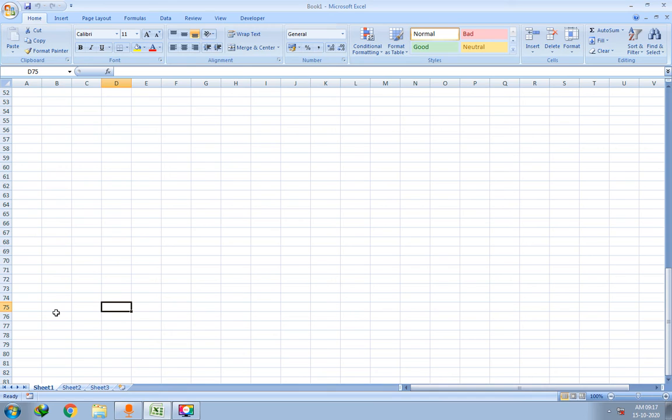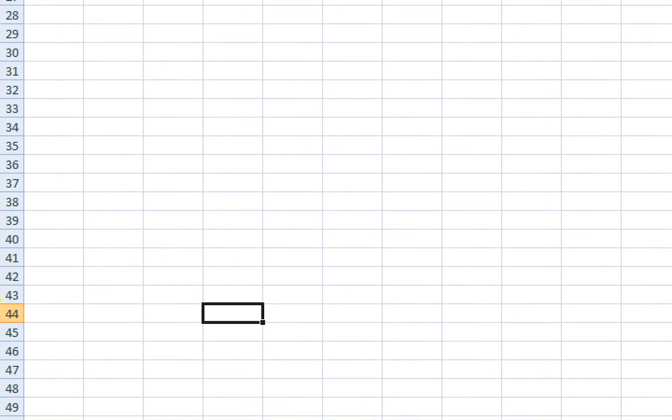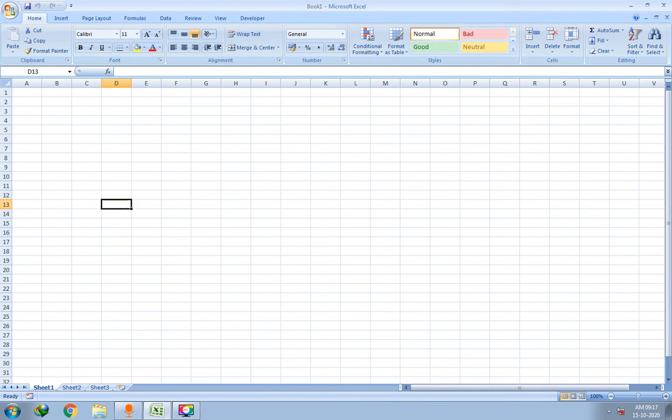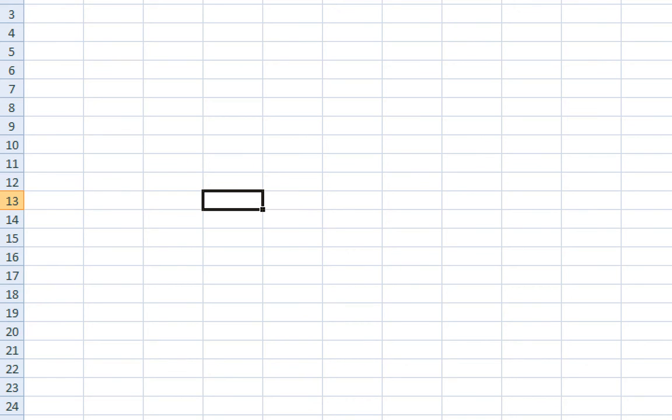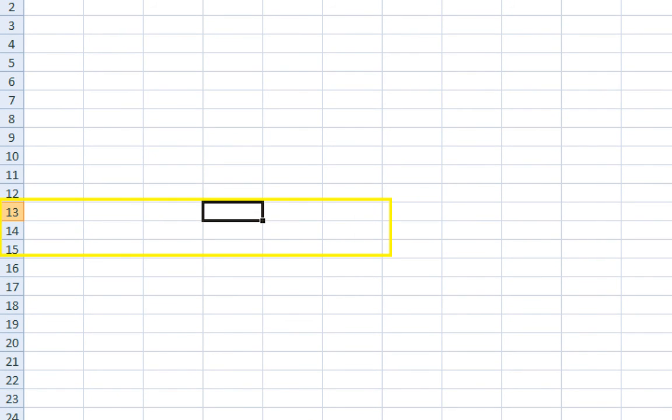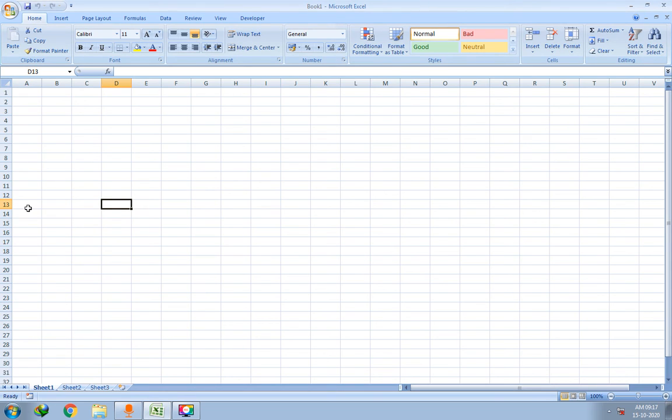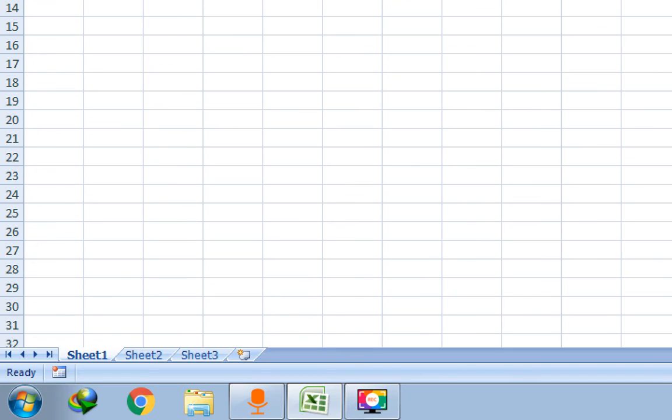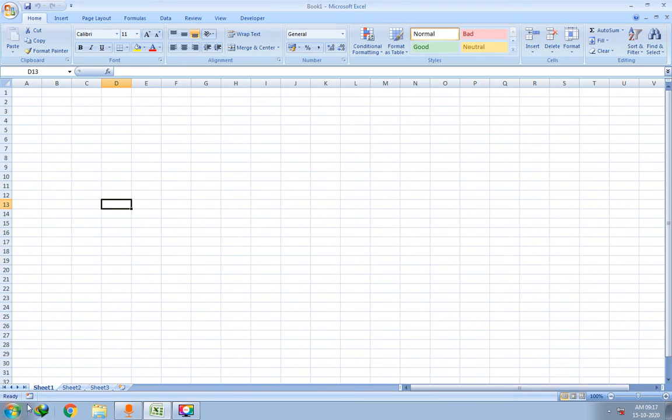Now when I press the page up button, you can simply see now I am at the 44th row. Again let me press the page up button. I am at the 13th row now. Then let me press page up again. Now it stays here only, because the page consists of rows 1 to 32, right? So control comes to the first page.